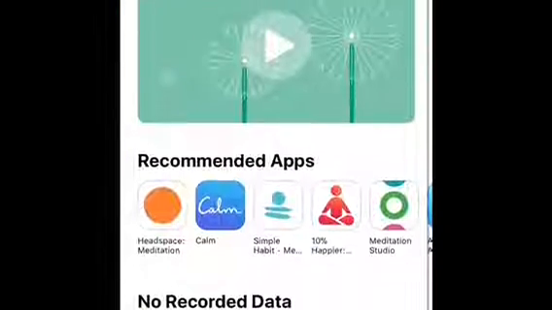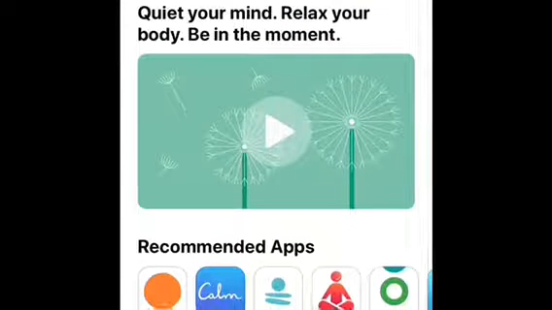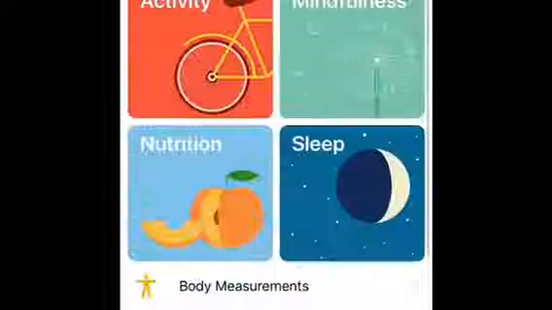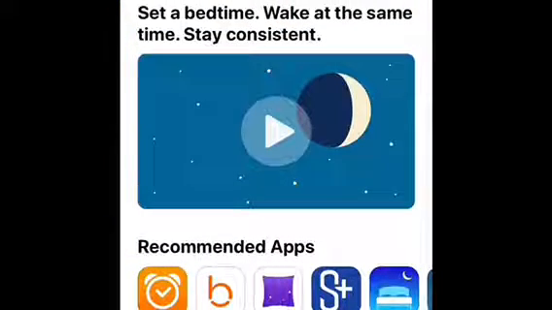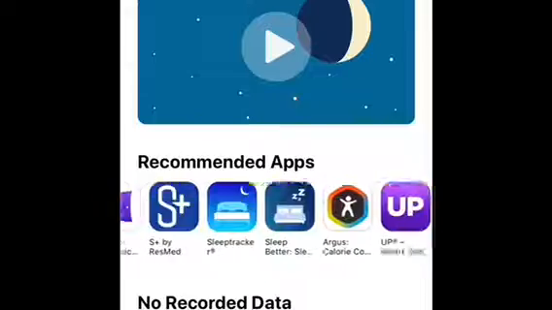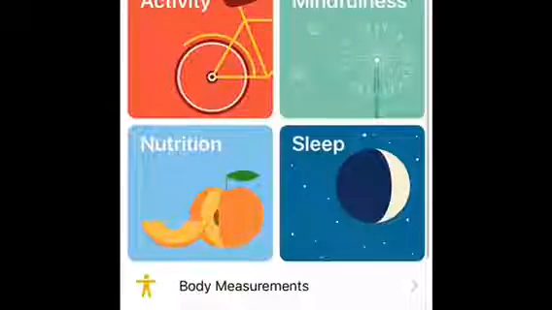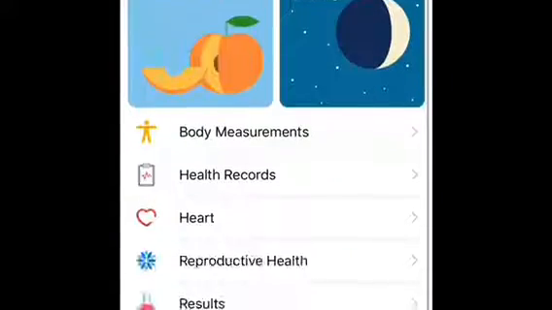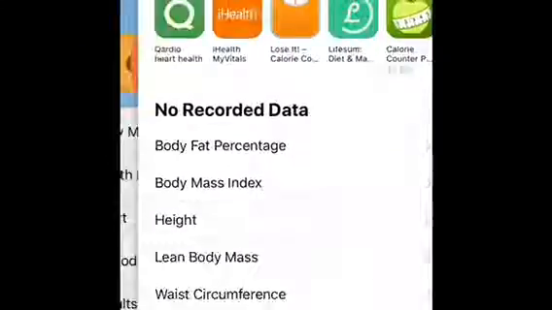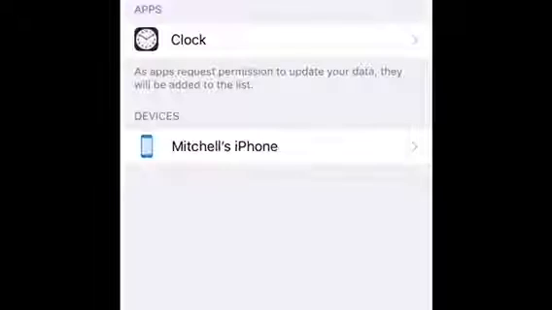Mindfulness, again, you have to use the apps to kind of get more data. Sleeping, if you use the clock app on the iPhone and you have the sleep time setting going, this is where you can track your sleep. You can also use these apps. And nutrition, again, you have to use the apps to get any data. And as well, you need apps to get all this information. Sources,